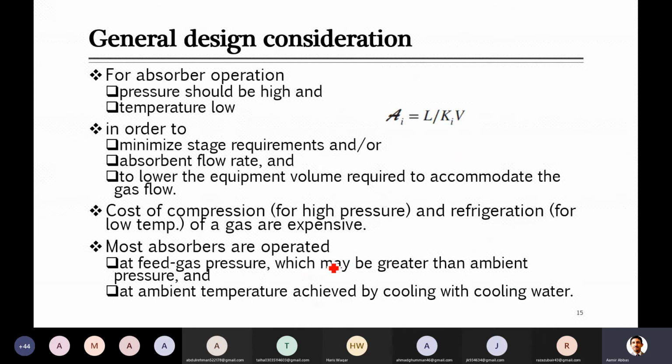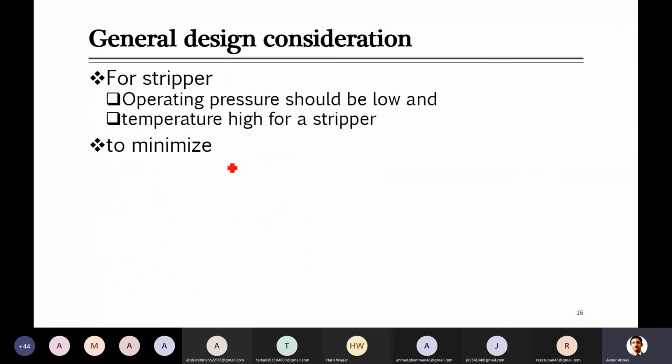Definitely in that case, when you are not putting very high pressure and very low temperature, then you need more liquid flow rate and a big column. So at the end of the day, when being a design engineer, you have to do all these calculations. You have to look at, if for example we install a compressor as well as a refrigeration system, it will increase the flow rate of the liquid. So either that is more favorable, or to use these at ambient temperature and pressure with a high liquid flow rate, that is favorable. So you have to do all these calculations, and based on economics you have to decide.